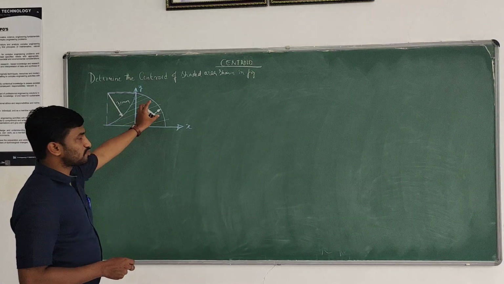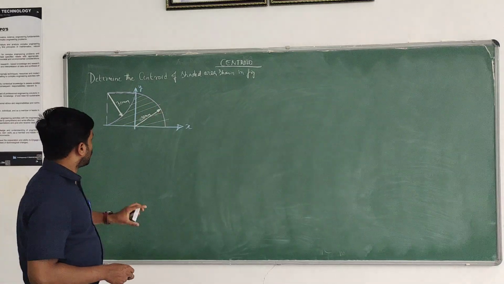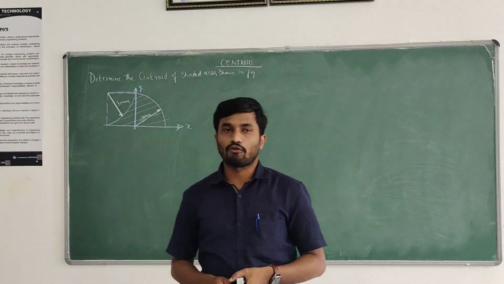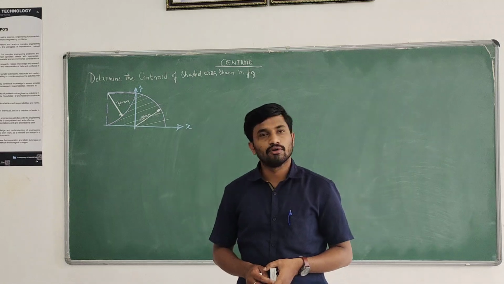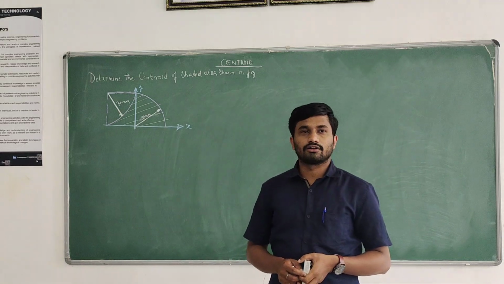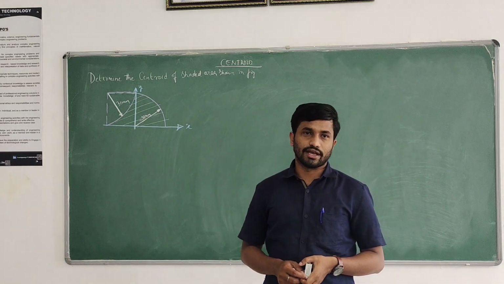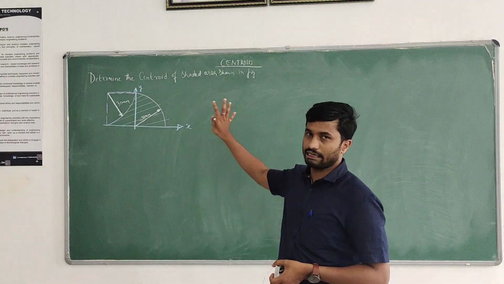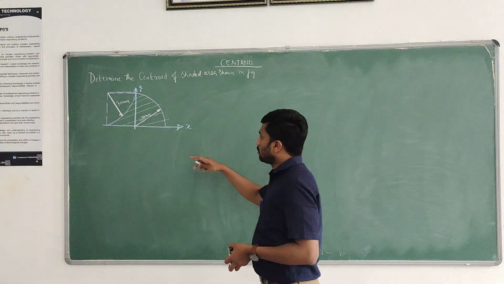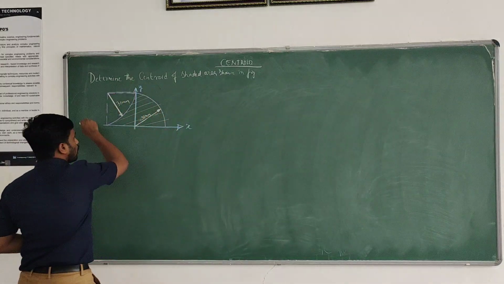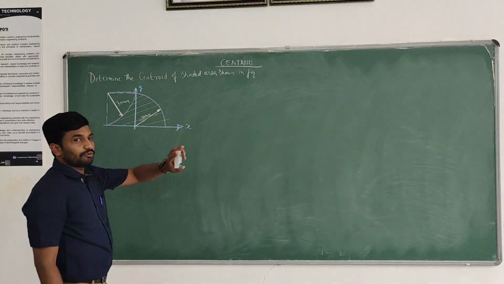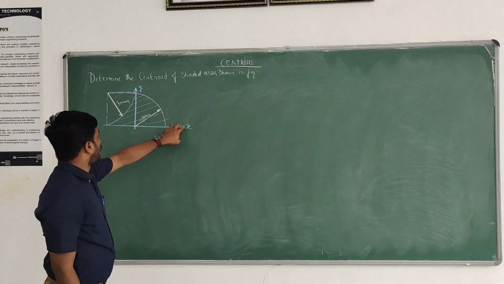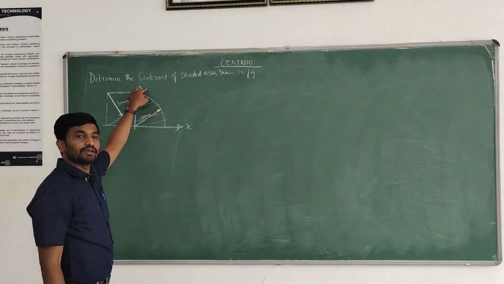Especially in this given problem, first we have to identify the given basic shapes. After identifying the basic shapes, we have to compute the area and also the centroids x and y. Finally, we compute the overall centroid of the shaded area. For this, we have to observe with respect to what axes we compute the centroid: axis x and y, as given in the figure.